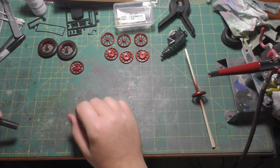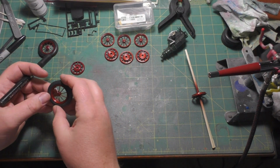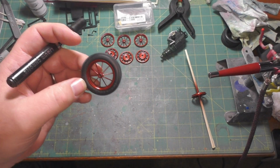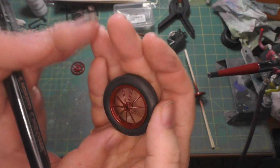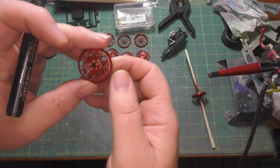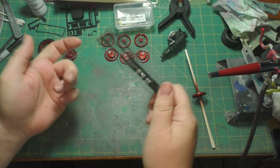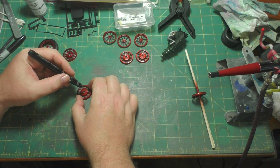All right, so the wheels are back from paint. I got them in that really nice House of Colors copper color. They look great with the light on here. It's such a cool color. So all we have to do is come in and detail these. As you can see, I did the lug nuts in chrome, just a Molotow pen. I got the big 2mm one, and I just really lightly